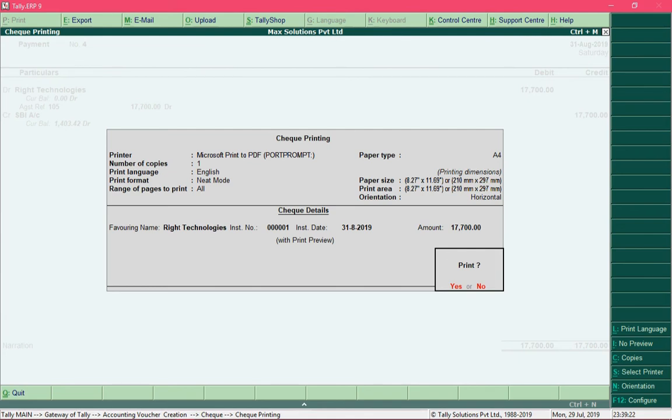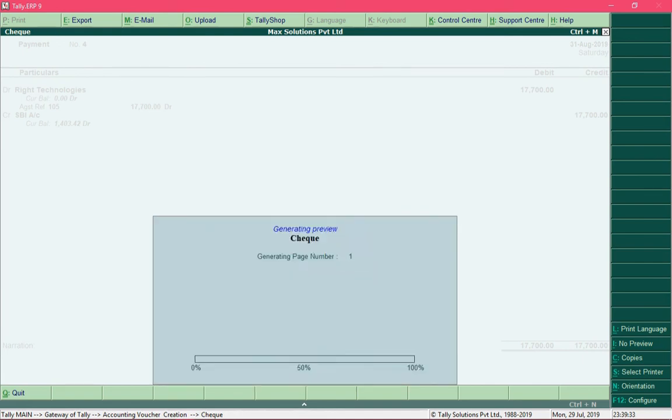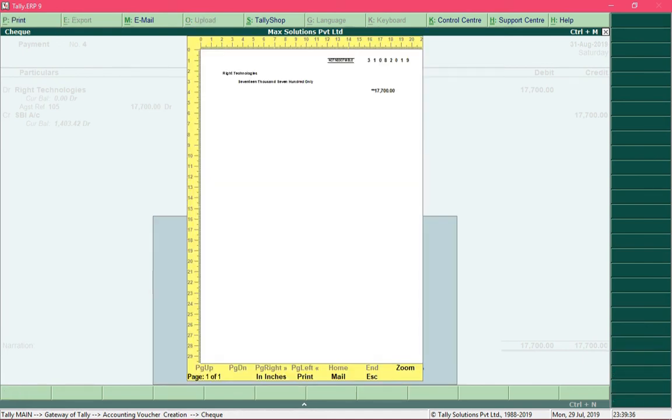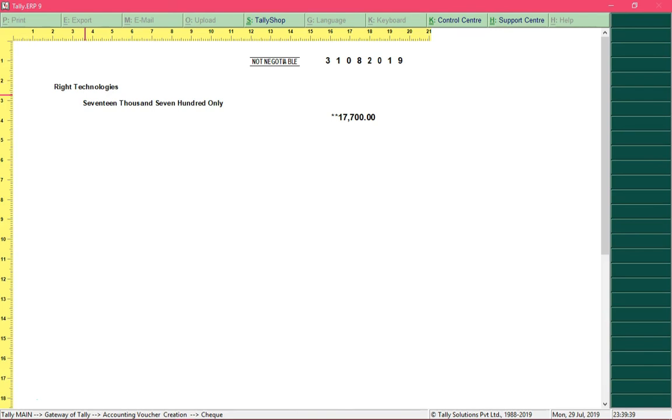So as soon as you press Ctrl A, Tally will prompt you to print the check. So in order to preview the check, you can press the letter Y. So you can see that this would be the information which would be printed on the check, and you can see the information that we provided at the bank allocation screen, for example, we have crossed the check using the text not negotiable, and the date is as per the instrument date which we specified in the bank allocation screen.